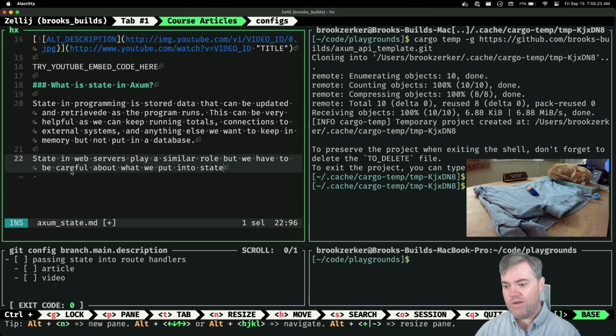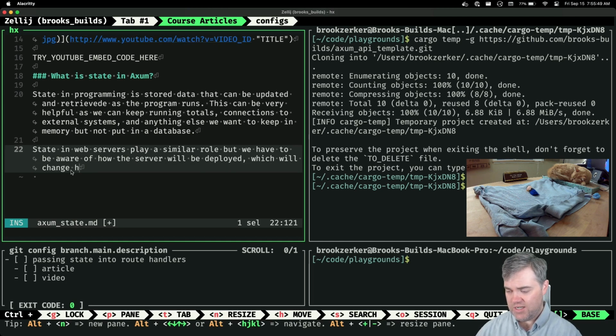We have to be aware of how the server will be deployed, which will change what we can safely put in state.